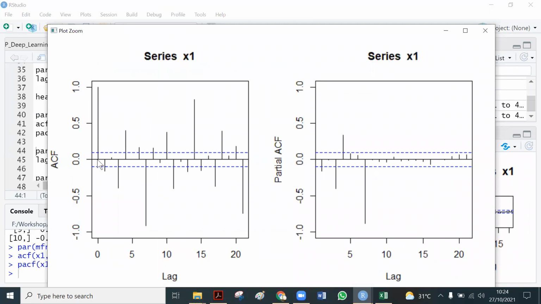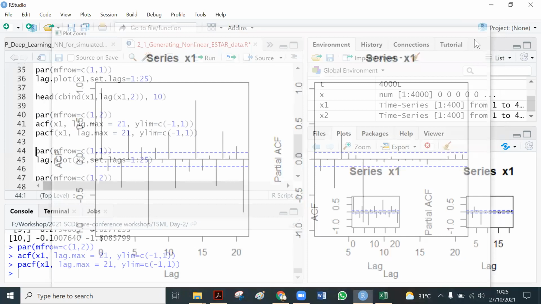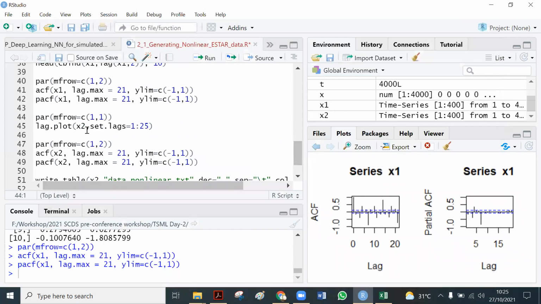It looks like this, where the autocorrelation function at lag 7, lag 14, lag 21, and the next lags at multiples of 7 has significant values. Also, the partial autocorrelation function is significant at lag 7. Okay, and then for x2, which is non-linear data, we create the lag plot.